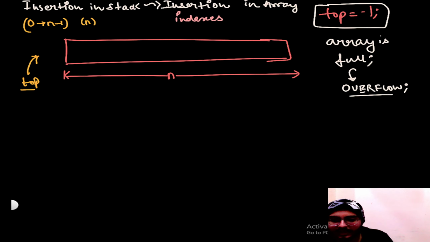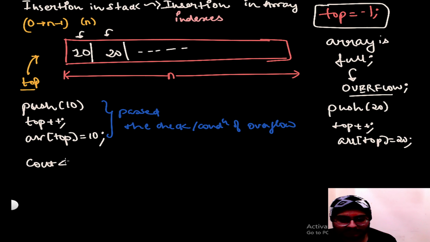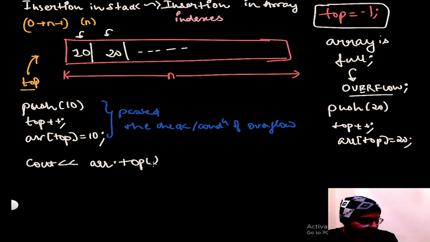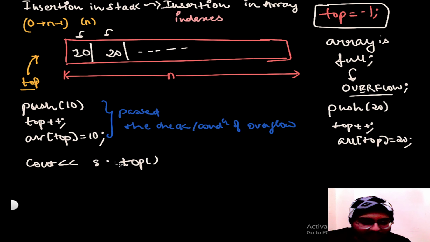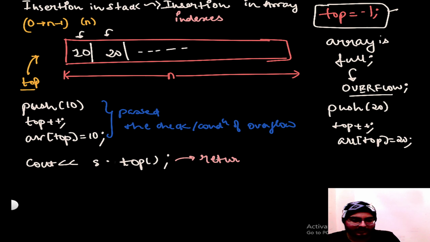Now my query is cout array dot top. This is my query. Actually not array dot top. My query would be s dot top, where s is the name of my stack which I have initialized from the class. So to implement this, I am keeping the record of the top element. So I will simply return the top element, array of top, return array of top. This I will do over here.